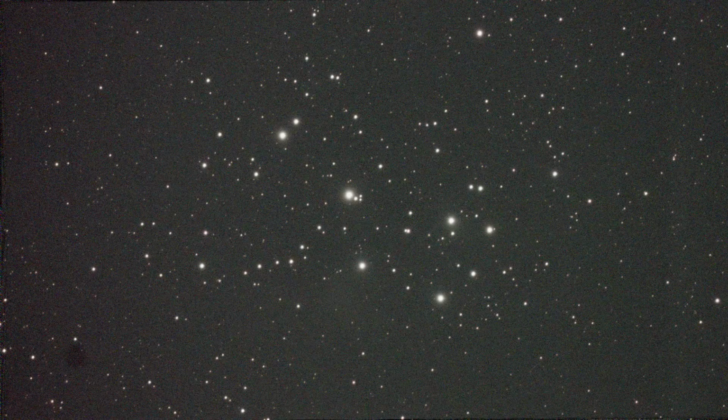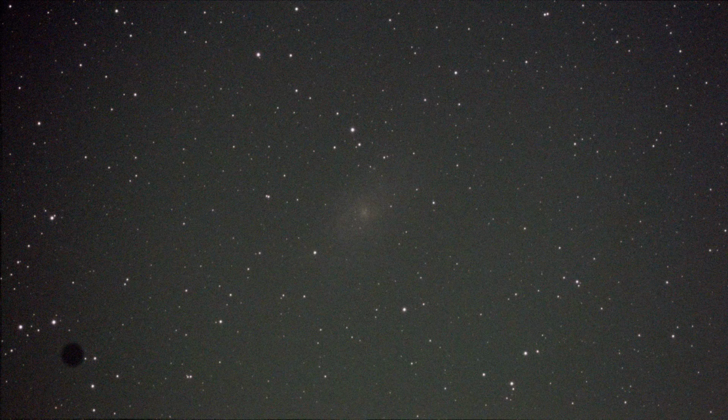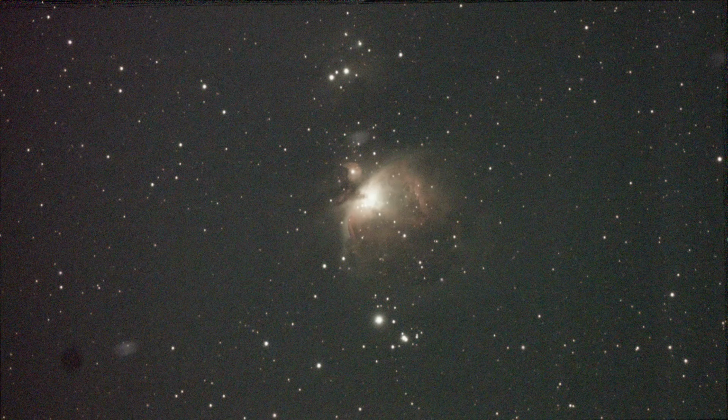Next on to M45 or the Pleiades. Have to say these are not processed in any way. These are just straight off of the Dwarf II, and if you spent the time to gather more light and also brought these out into an external program, you would definitely get much better images. This was really a stretch. M33 didn't expect anything much, but the last object that I imaged was good old M42 or the Orion Nebula,